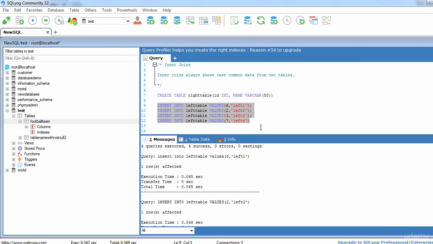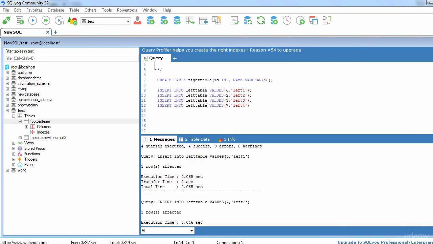Now we are going to write the inner join query. For this we are going to write select.